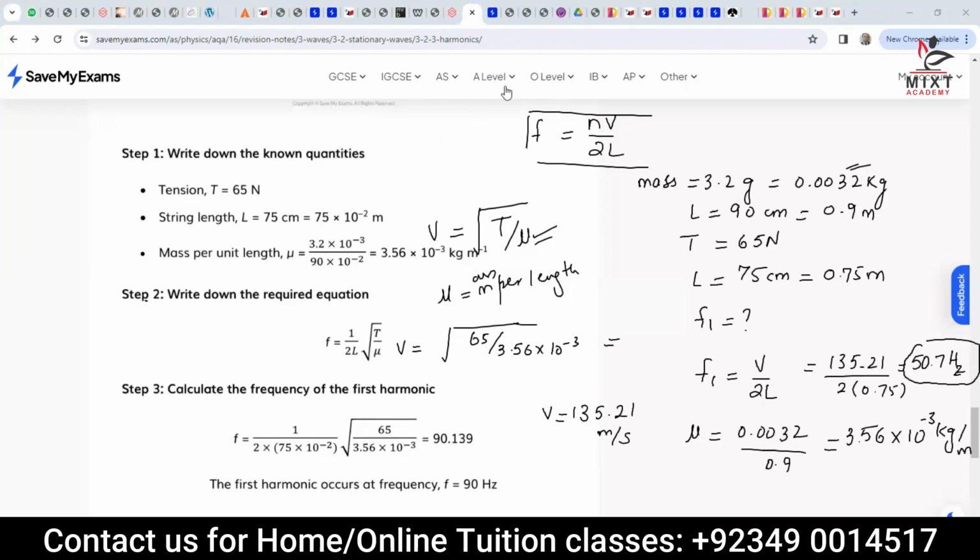And then for the velocity, when a body mass is attached to a string, V will be equal to root of tension upon mu. So the basic formula will be 1 upon 2L into root T upon mu. But it's better